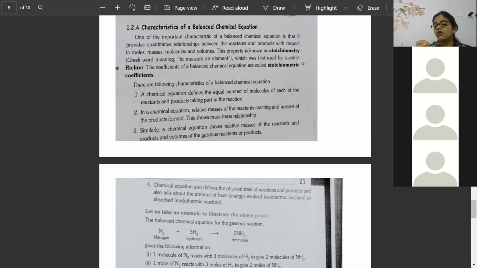Here, volume means the volume of gas. Definitely the gases will have different volumes, but inside the closed vessel, if the reaction is going on, then definitely it will be conserved. It will not change. Are you understanding now? That means the relative mass of reactant will be equal to the relative mass of product. In case gas is released inside a closed vessel, it will still be conserved. Masses will be the same. Volume will be exactly the same.